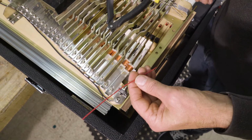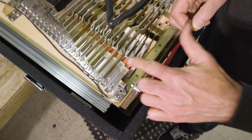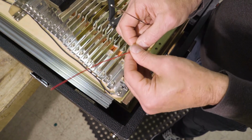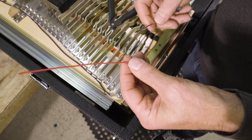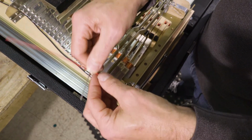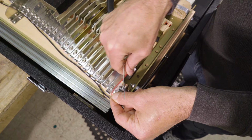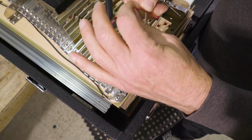With a brand new piece of wire, I'm going to install this onto the RCA input, and I'm going to connect it to the pickups. But first, I'm going to do a little trick that we do at Vintage Vibe here, actually coined by our head tech Fred, his idea to make it look neat. We're going to use a tine, and I want to estimate the position of it. So I guess from about this point on,